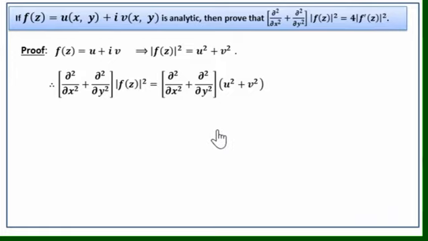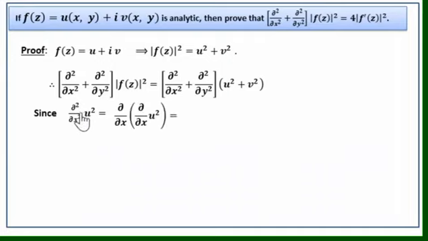Okay, so first start with ∂²/∂x² of u². Take this and find this. So what is ∂²/∂x² of u²? We can write ∂²/∂x² as ∂/∂x of ∂/∂x. So we can write this as ∂/∂x of ∂(u²)/∂x. What is ∂/∂x of u²? We have to differentiate u² with respect to x partially. Here u is a function of x and y. Note this, we need to differentiate u² with respect to x, keeping y constant.